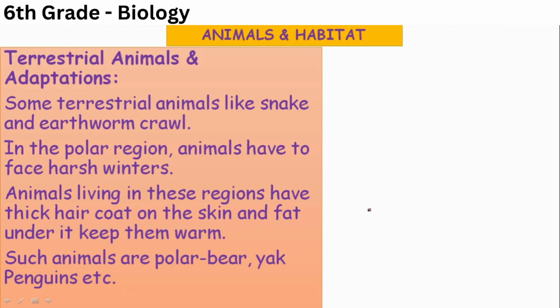Some terrestrial habitats are, for example, forests, grasslands, deserts, coastal and mountain regions. In the habitats of plants and animals, you find there are some changes that can happen in an animal over a short period of time to help them adjust to some changes in their environments. Such changes are called adaptations, isn't it?